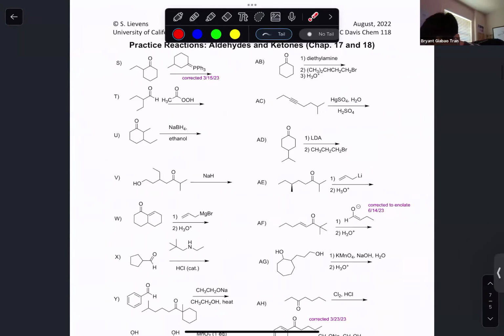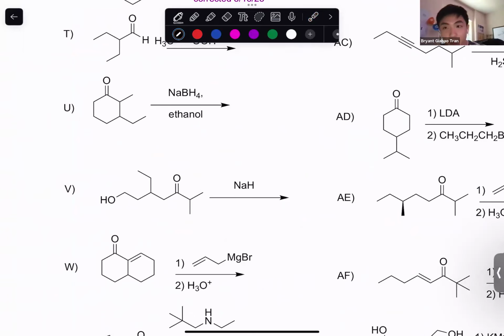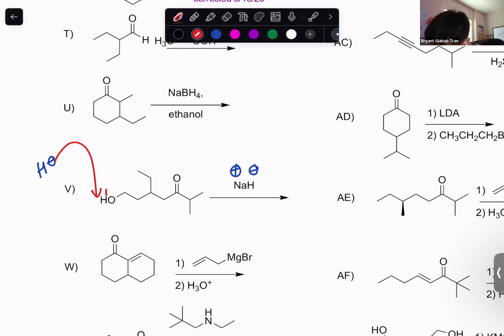V right here. Okay. So for this one right here, whenever you see sodium or potassium, always think of a positive charge. And then that means that whatever is attached to the Na, which is the hydrogen, is a negative charge. This hydride ion minus here is a strong base, right? And then if we have a strong base, we're going to look for the most acidic hydrogen, which is the alcohol hydrogen right there. So we're going to deprotonate that